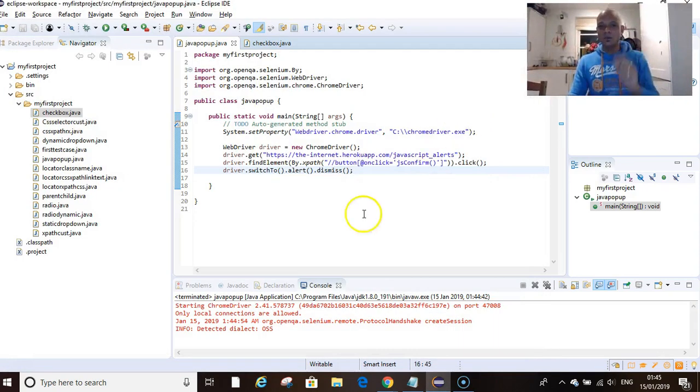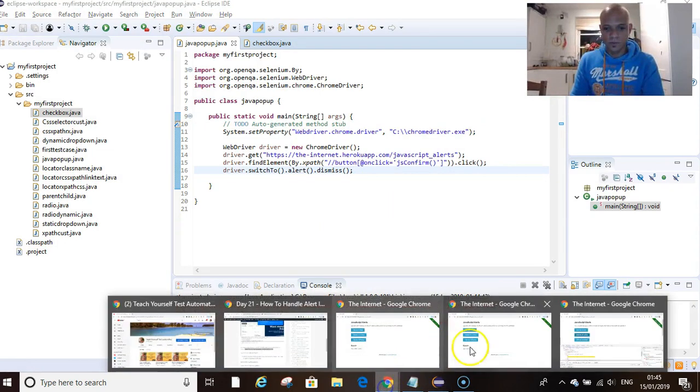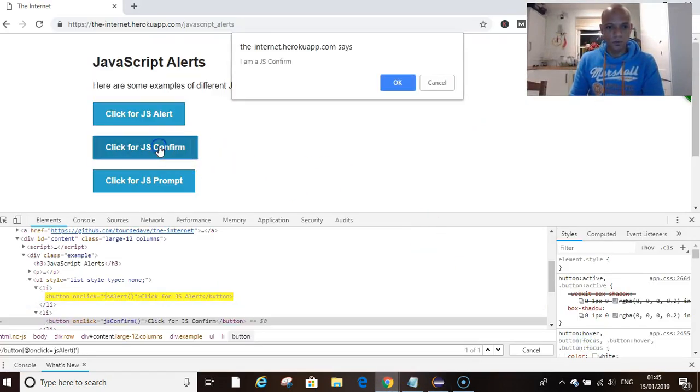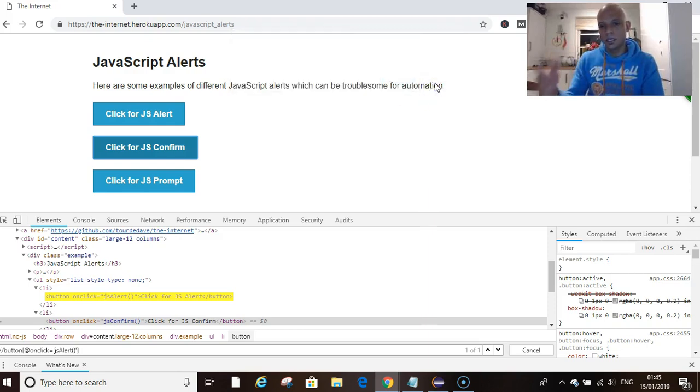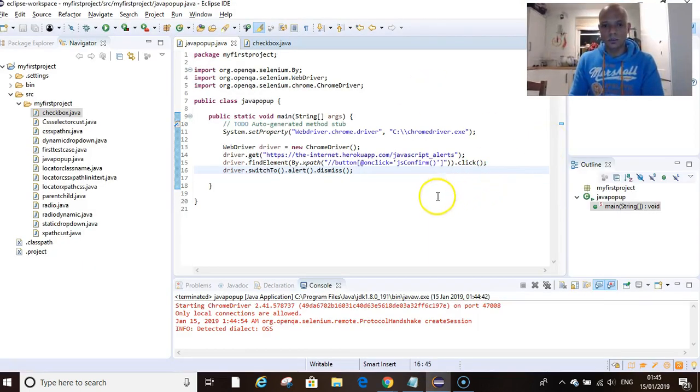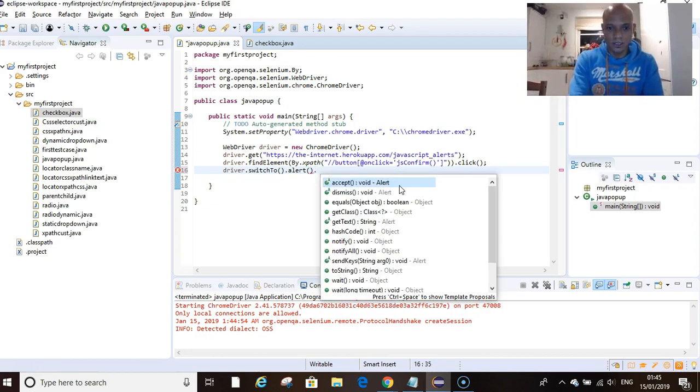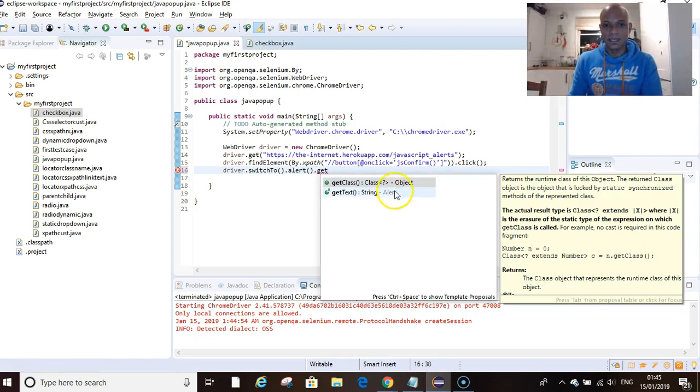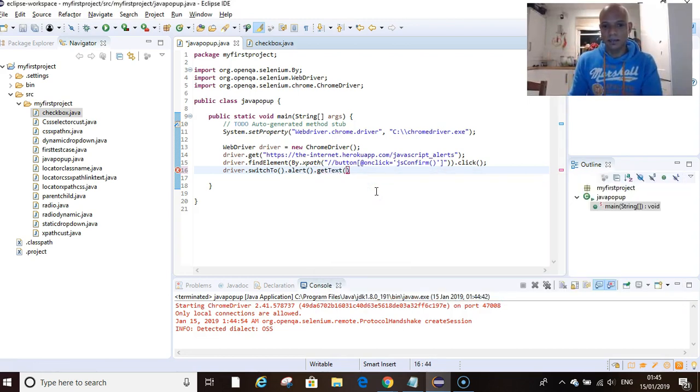And then there's a last one I want to show you, right? So if we click on this pop-up, we can grab that text. Okay, we can grab that text. So let's try and automate for that. Okay, so what you want to use is same, switch to your alert, and then you say dot get text. As simple as that, right? And then you want to put your